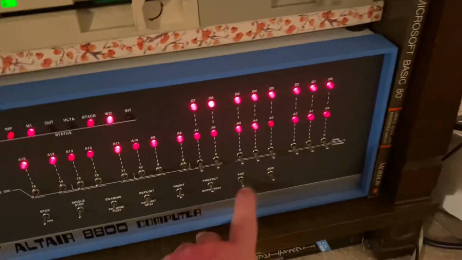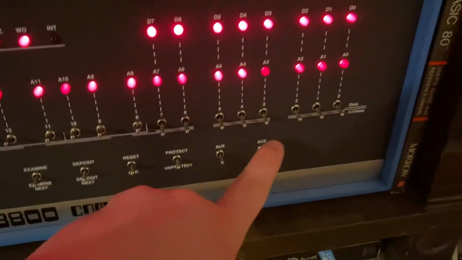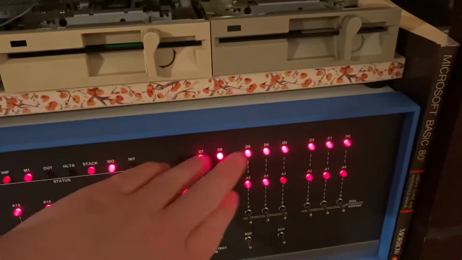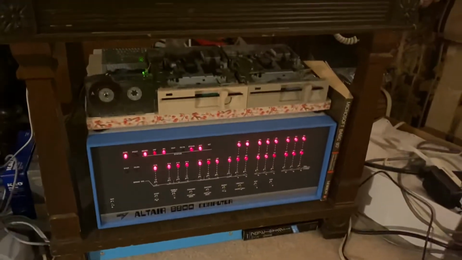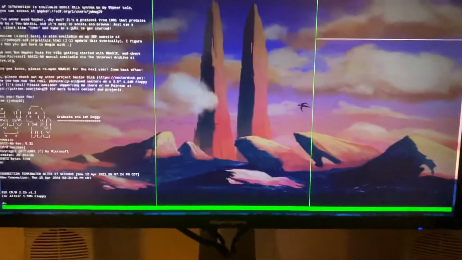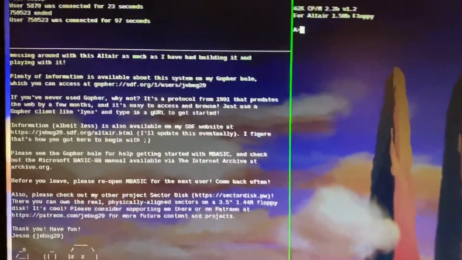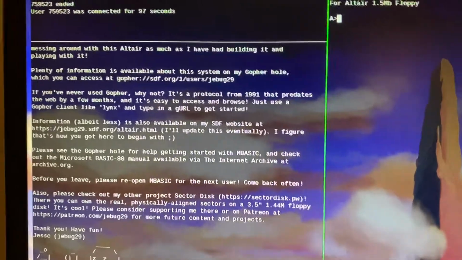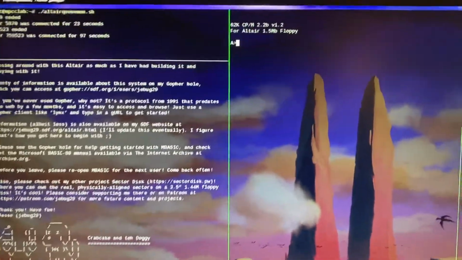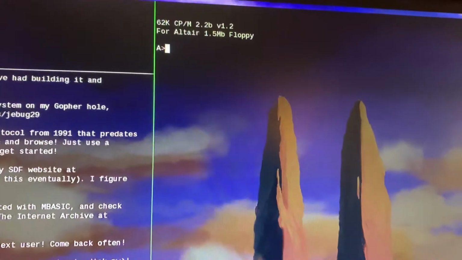Over here, the second aux button, if we press down on that, then whatever's on device 255 will be shown on the data lights. Currently it's all ones, so it's FF, so it's showing FF on the data lights. But anyway, now I don't have it hooked up to that terminal right now, but I could if I wanted to. Have it instead hooked up to my server, which allows people to SSH in or telnet in and use the Altair. Actually, I think it's only SSH right now, but anyway, you can see CP/M is loaded,